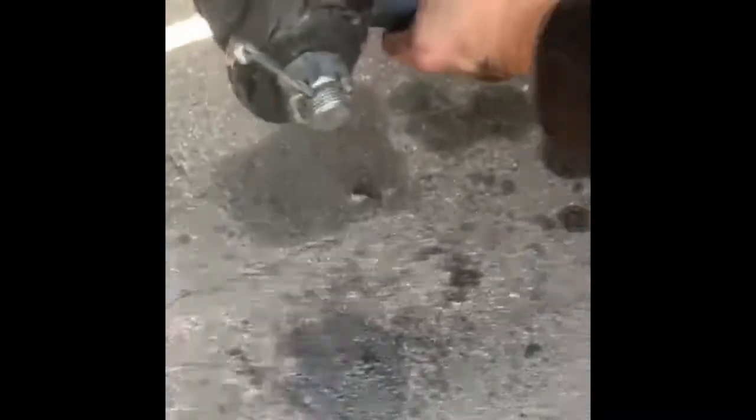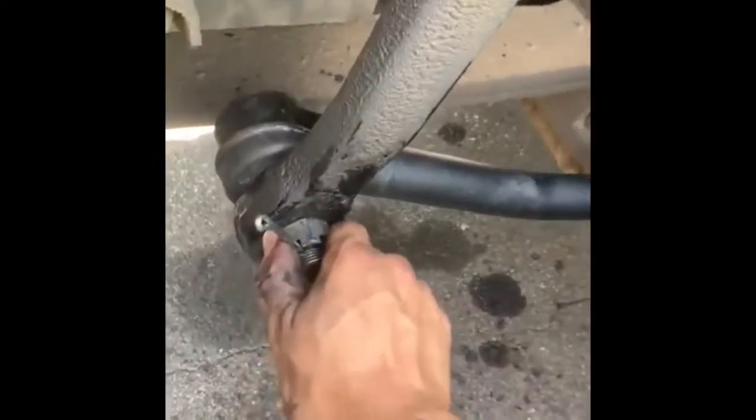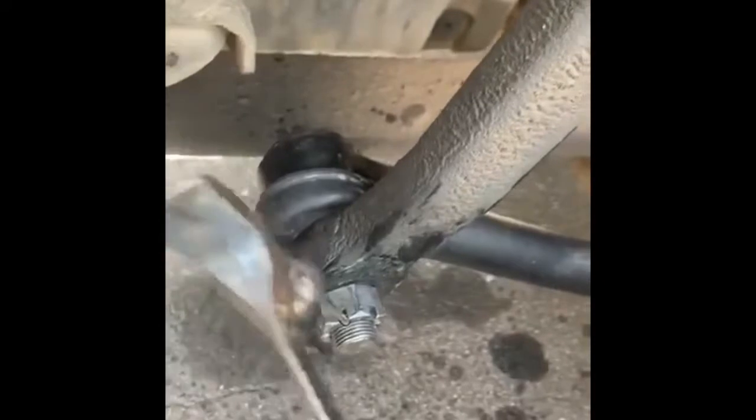Make sure you do it right, because this is a very serious component right here. If this comes loose, you won't be able to steer. So imagine at 70 miles an hour on the highway, not being able to steer. You have to make sure you tighten it very hard. After that, you put this little thing in place, put it inside,